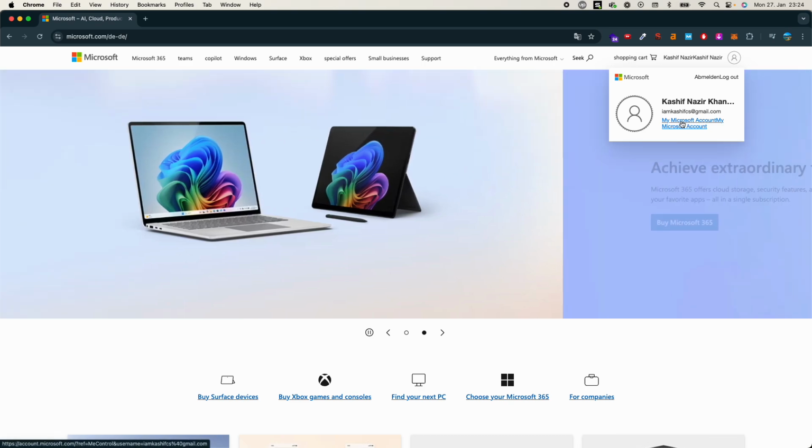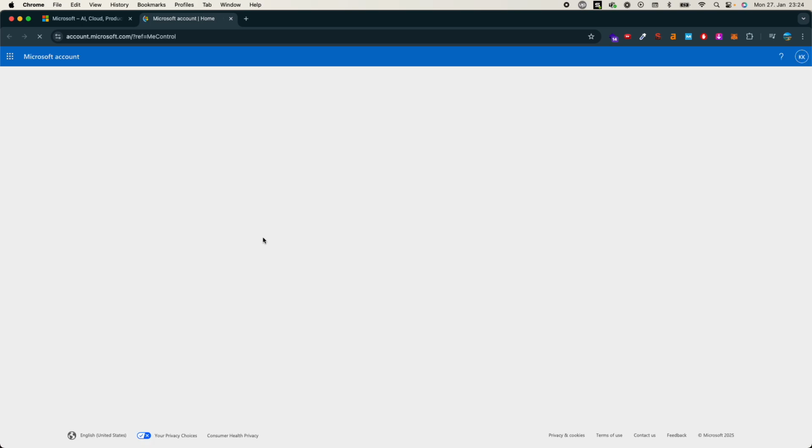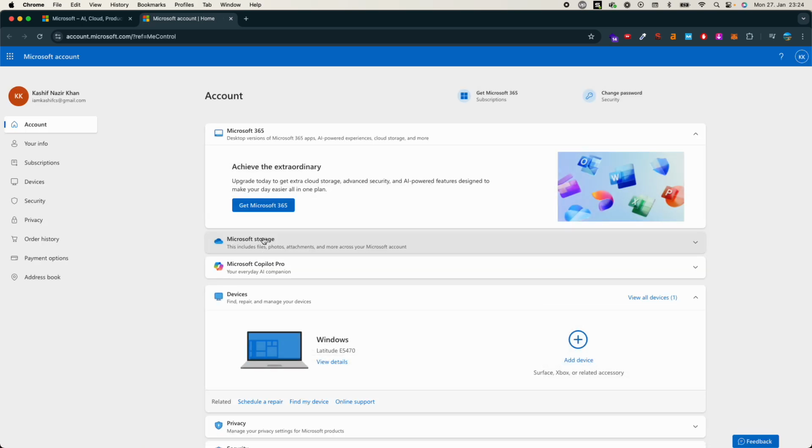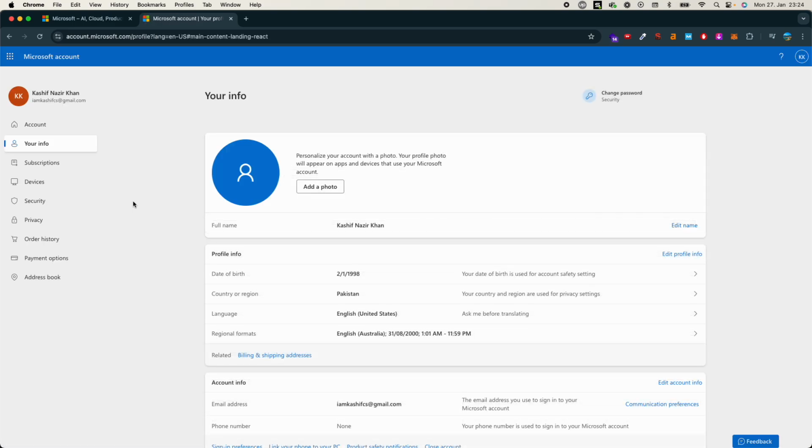So once you're here, you need to go to my Microsoft account, click on this, and it would open up this screen. Here on the left side, you have an option of your info. Click on your info, and once you're here, you have this date of birth under the profile info. Click on this,